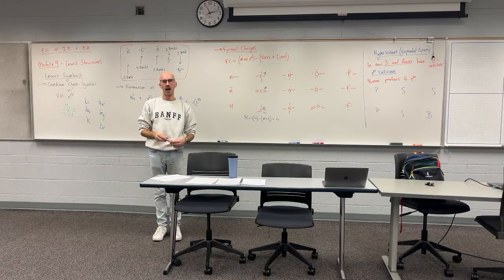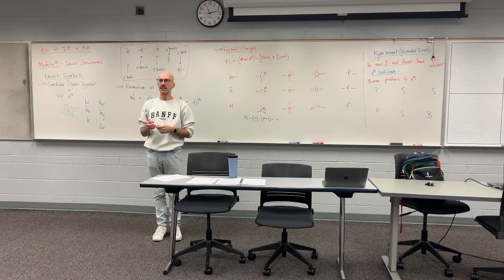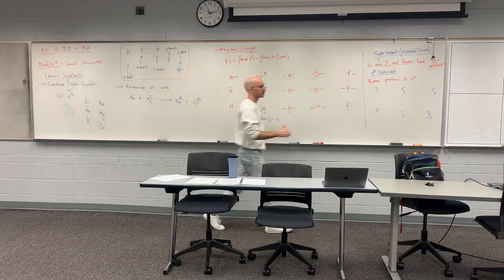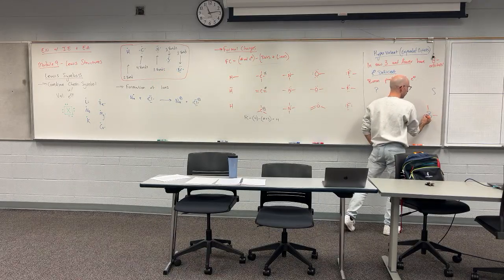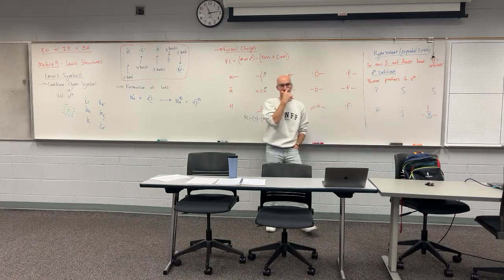Prefer is kind of an odd term. What I'm really saying is that boron is neutral and often takes on this bonding character. So I've got boron down here on the bottom left. If I give boron 3 bonds,